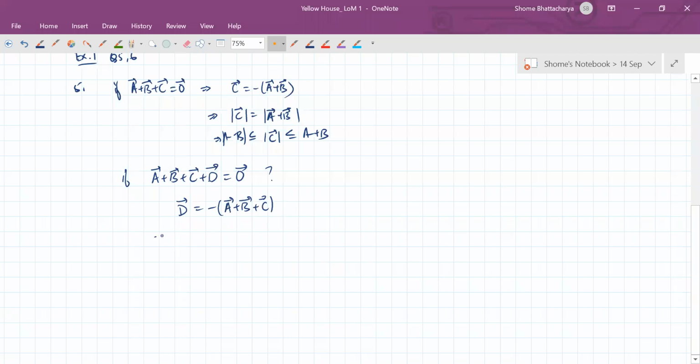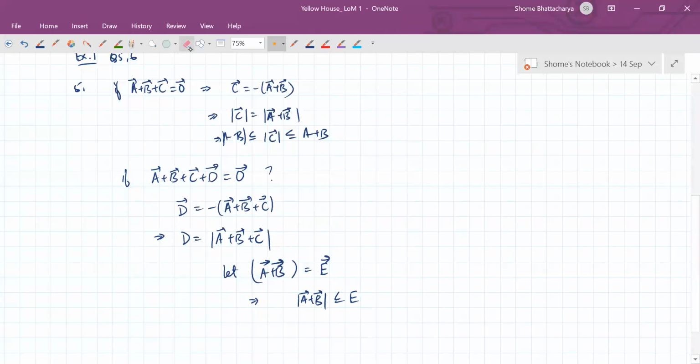Okay, so its magnitude. Now suppose a plus b is some new vector e. Okay, so we know that magnitude of a plus b is less than or equal to